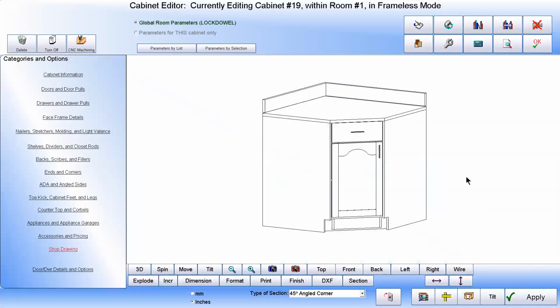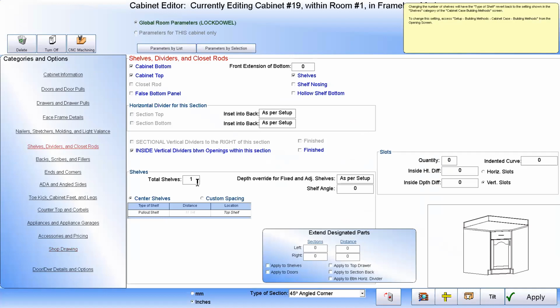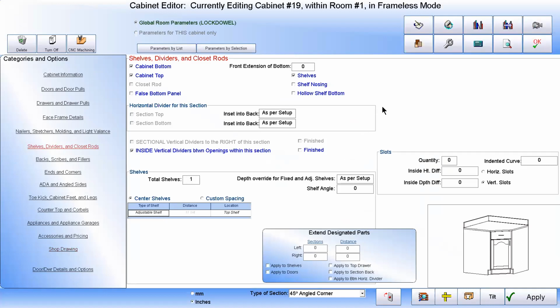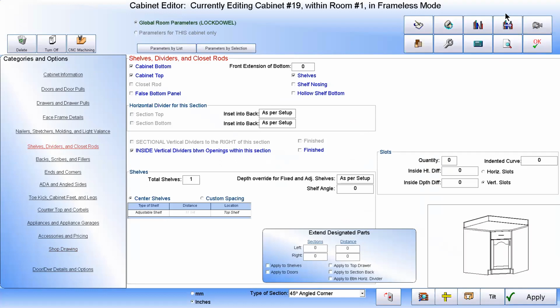Now, that's a corner cabinet, and it also, I'll bet you, has shelves in it. Yep, it has one shelf, and it has a pull-out. Let's make it an adjustable shelf. Now, if I put an adjustable shelf in there, watch what happens. If I look at the hardware right now,